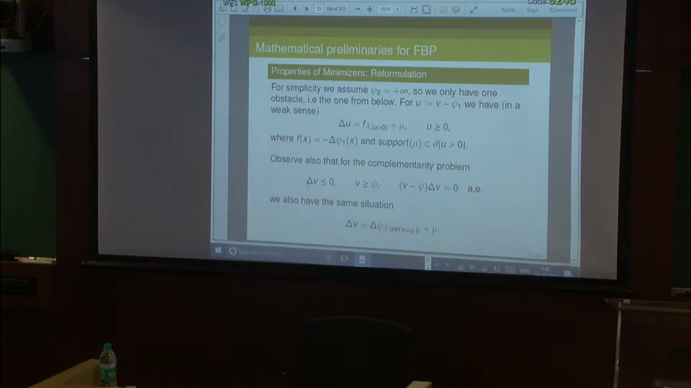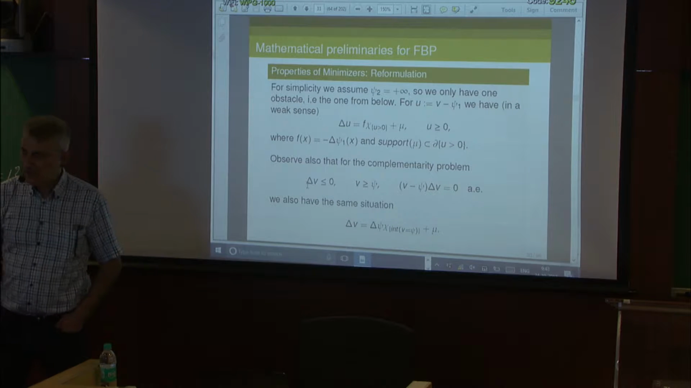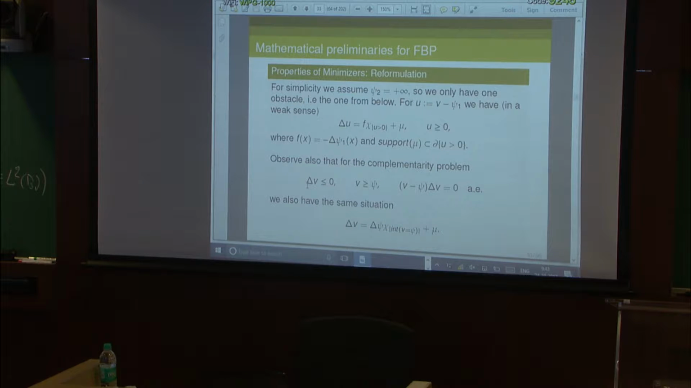W^{1,2} means that the function v and its gradient are in L2. So we are in L2 space, both for the function v and its gradient, and we're trying to minimize this functional. The name for this is the Dirichlet energy, or Dirichlet integral. So the Dirichlet energy is minimized. And when minimizing this, you realize that if v doesn't touch the obstacle,